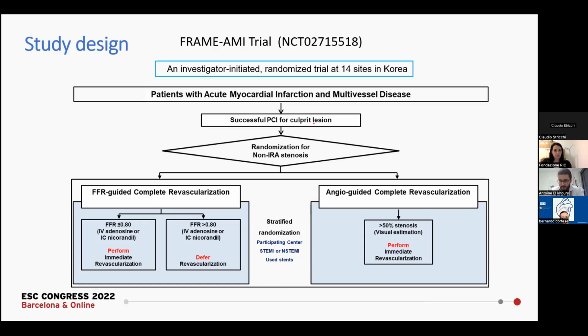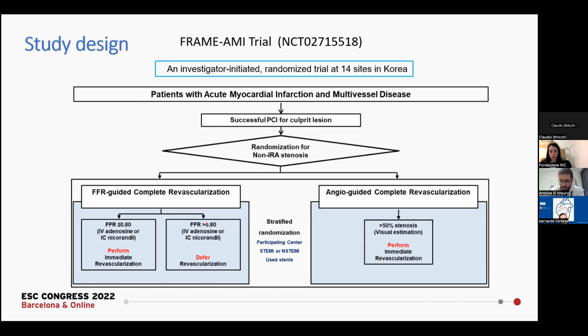If the FFR was less than 0.8, then they performed immediate revascularization. If the FFR was above 0.8, they didn't put a stent in these lesions. In the other group, if the lesion was above 50% or 70%, depending on the artery, they proceeded with revascularization